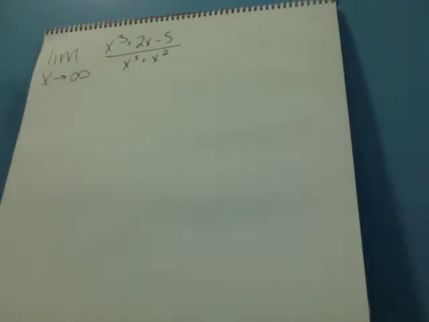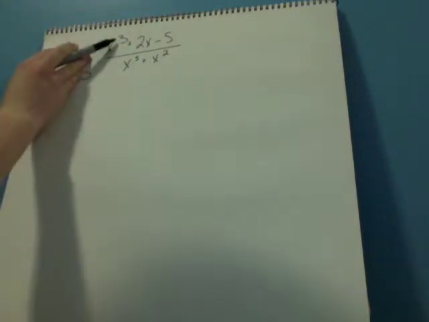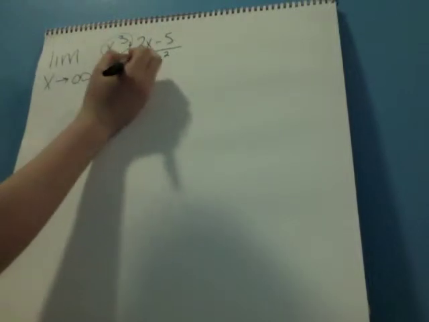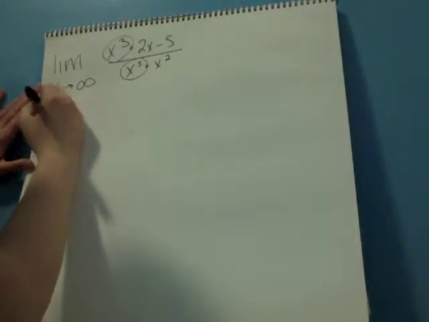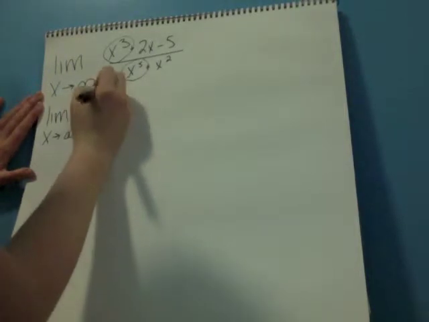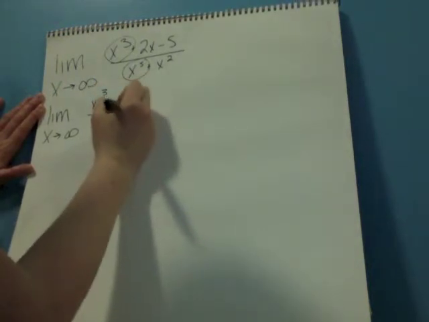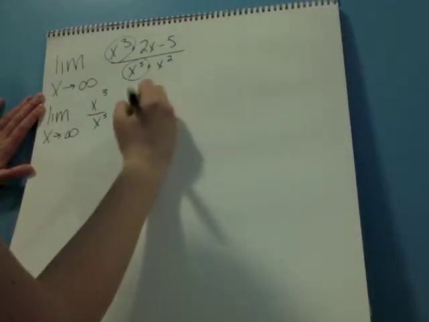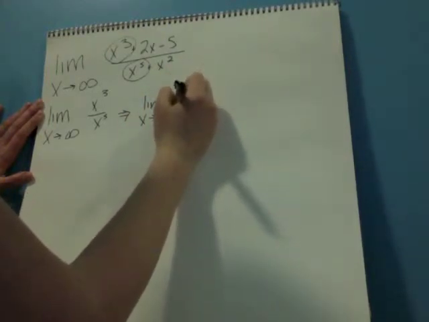Okay, so now what you have to do is you take the x values with the largest exponents. So that would be x cubed and x to the 5th, and you circle them. And then you're going to rewrite it. So you're going to say the limit of x to infinity is x cubed over x to the 5th. Now this can simplify to the limit of x to infinity is x over,